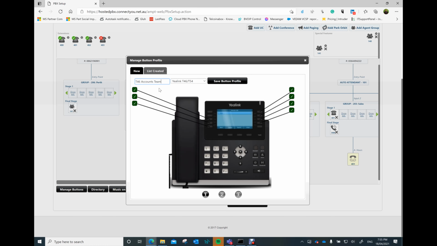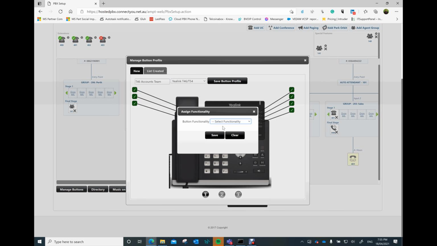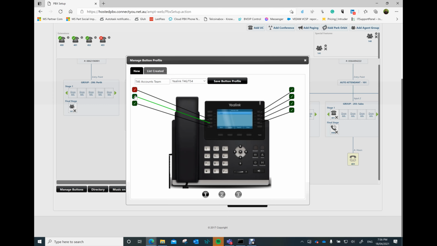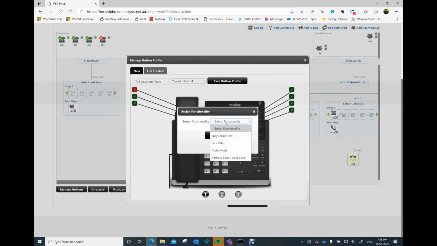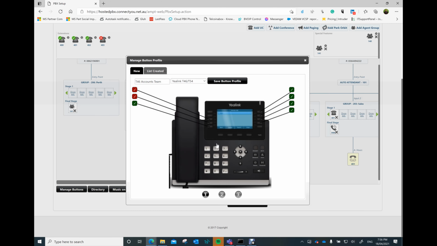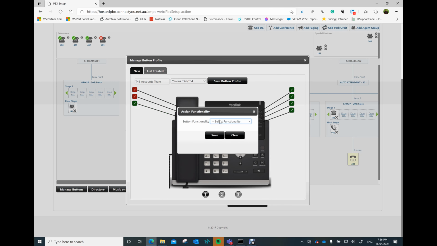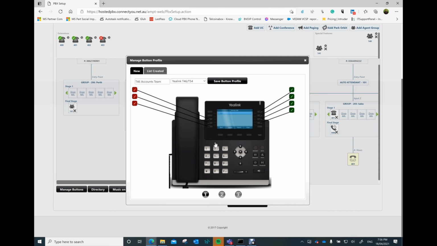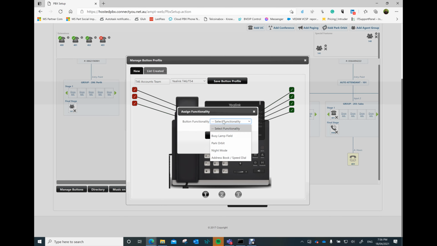And we're going to choose busy lamp field, and we'll choose 400, and then we'll go to the next extension, or the next button I should say, and we'll choose the next extension, 401. We'll go to the next one and we'll choose busy lamp field, and we'll go 402, and then over this one we'll do the same thing,